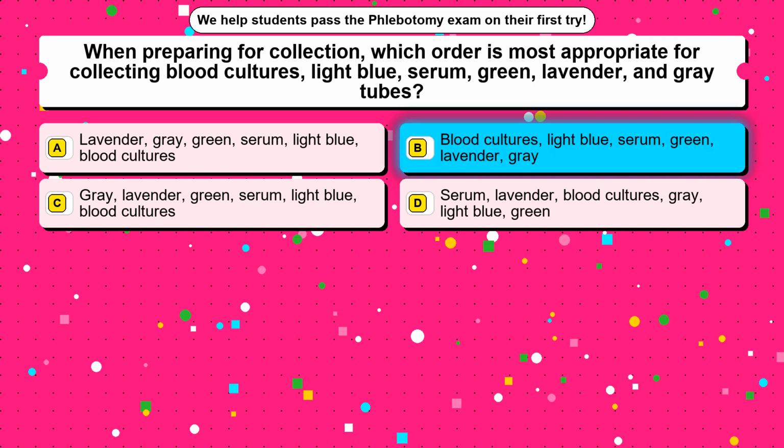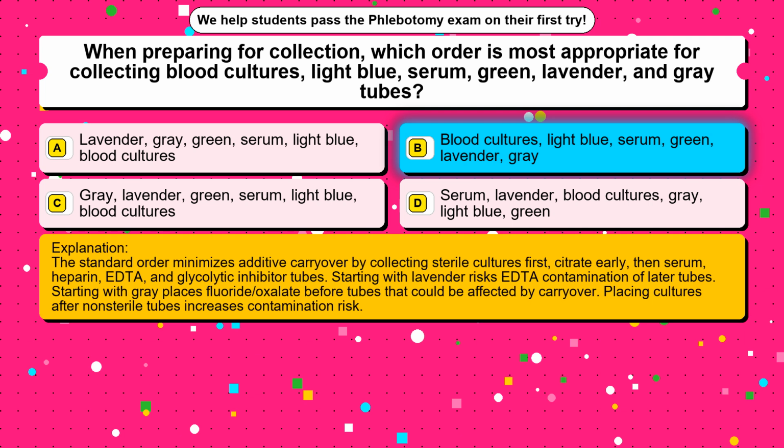The correct answer is option B. Blood cultures, light blue, serum, green, lavender, gray. The standard order minimizes additive carryover by collecting sterile cultures first, citrate early, then serum, heparin, EDTA, and glycolytic inhibitor